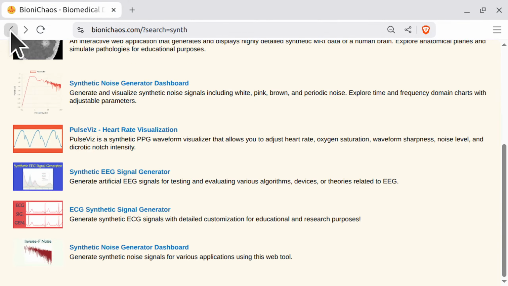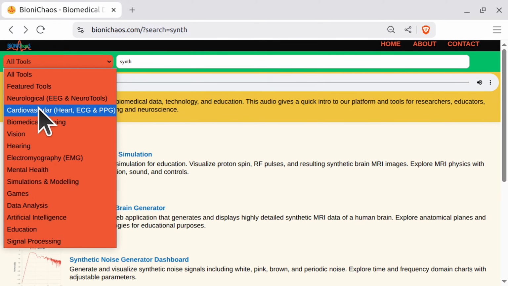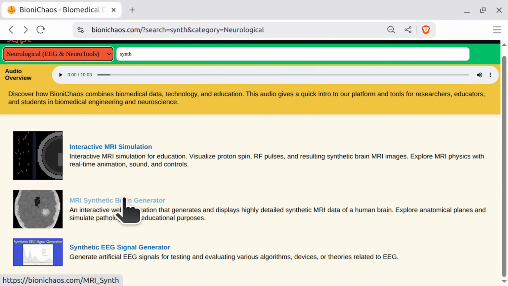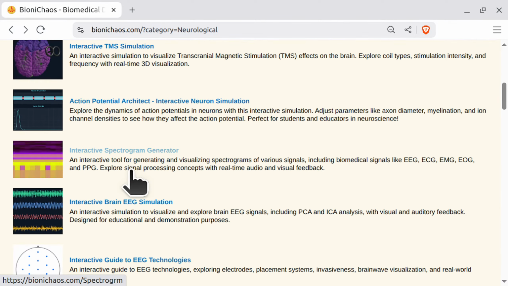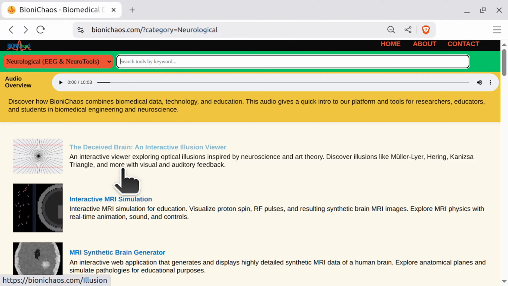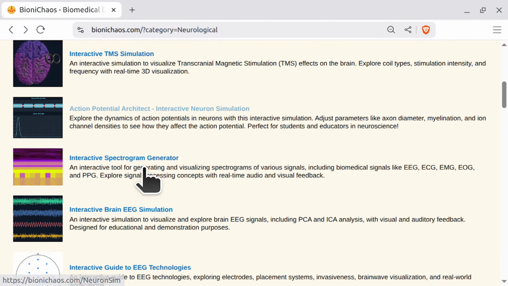Better synthetic EEG signal generator. Let's go EEG. Yeah, the search is not great. Well, yeah, optical illusions are relevant to neuroscience, kinda. So